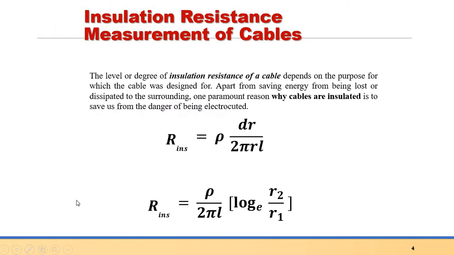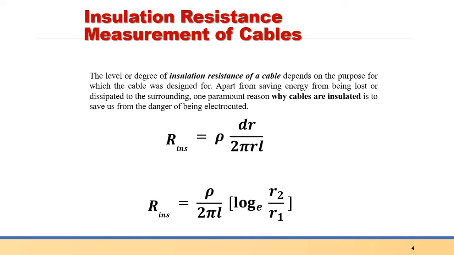What is meant by resistance? Resistance is a property of a material which will oppose a current flowing through that material. It means current can flow through the conductor. So conductor resistance is the opposition to the flow of current through the conductor. It will oppose the amount of current through the conductor.